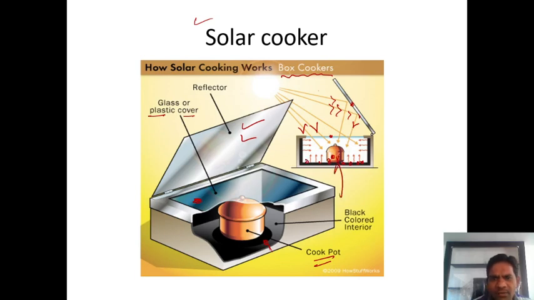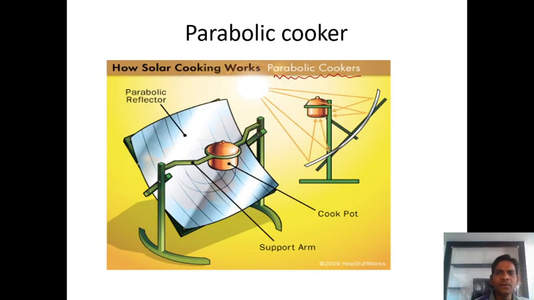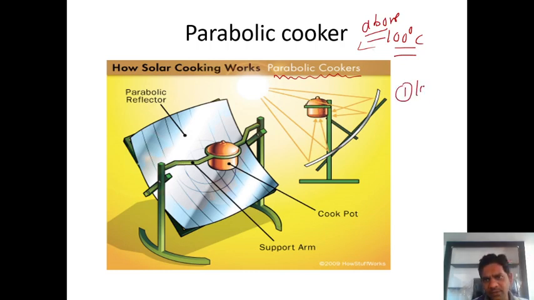Okay, and whatever food is used here, this food is prepared, and we can enjoy the delicious foods. If you consider parabolic type concentric collectors, in a parabolic concentric collector we already get very high temperature, above 100 degrees Celsius, so we can easily prepare a large quantity of food inside the parabolic concentric collectors.